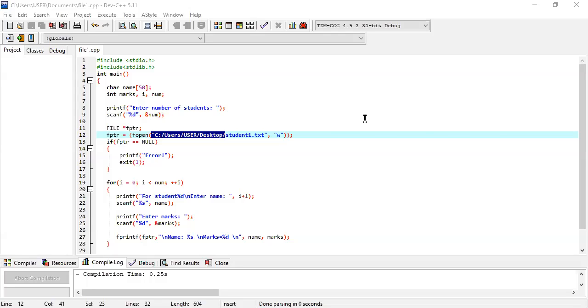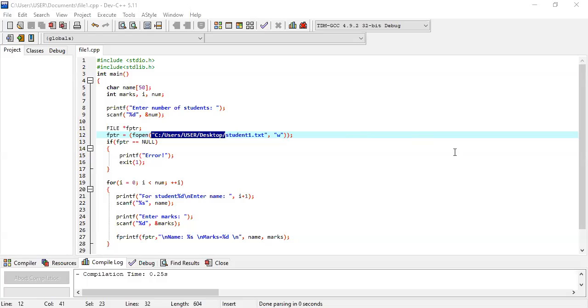Now I want to create another text file, student1, on my desktop. So what can I do? First of all, go to your desktop, right click and go to Properties. Copy the total location of your desktop.